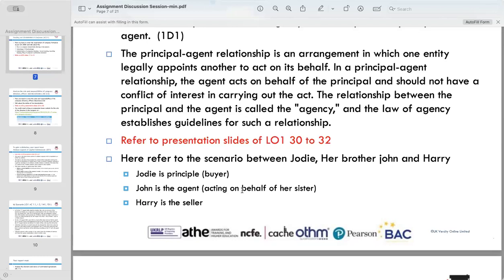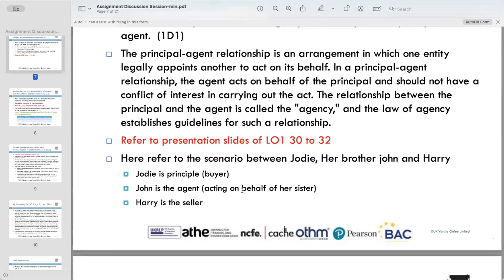You will advise that she can contract with John. Yes, because I want to save Jody. You can ask her to make a contract with John, because John will be acting on behalf of Jody. Exactly. So in my assignment, I can mention that we already have a contract with Jody and John. So whatever John is promising before discussing with Jody is not valid.